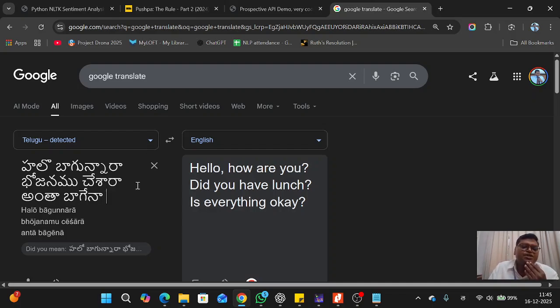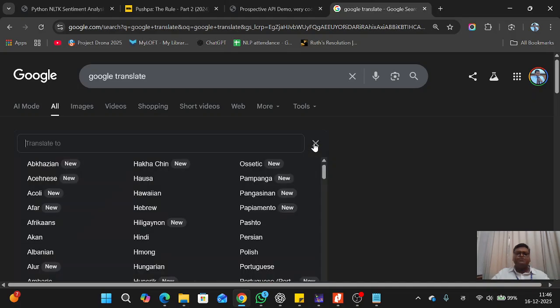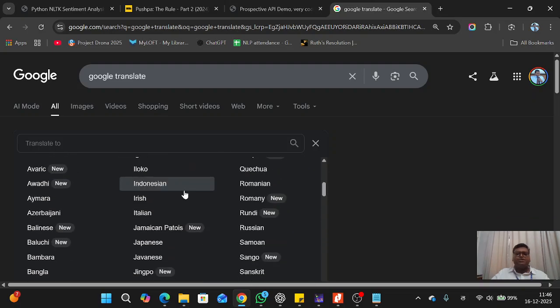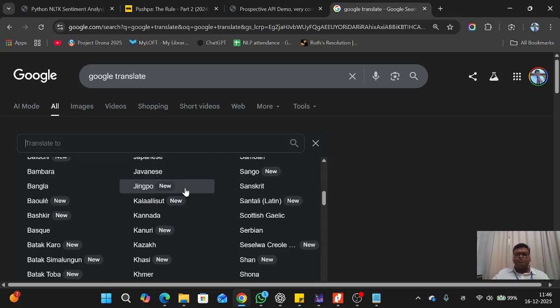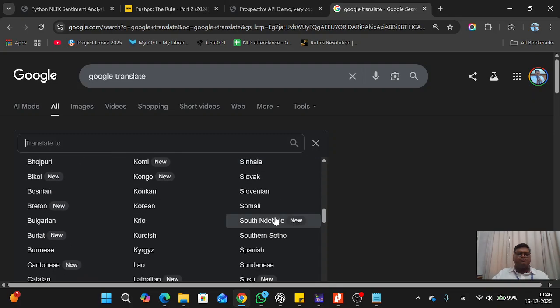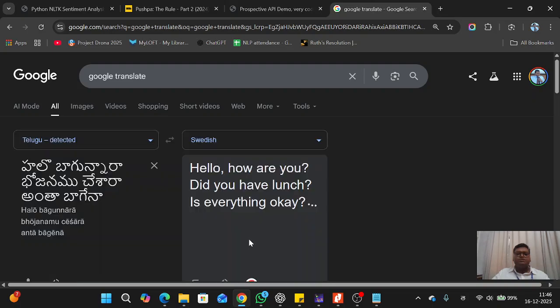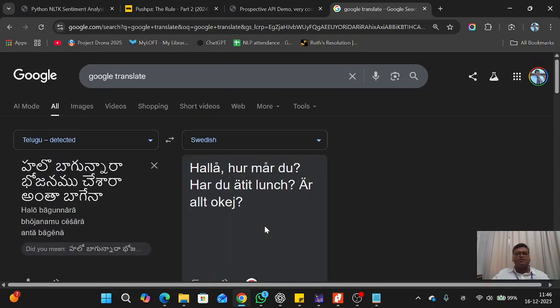So that means earlier, if you wanted to translate from one language to the other, you had to hire language experts who studied the language, grammar, and many things. But now with machine translation, we can do it in a fraction of a second, and that too with different languages. See how many languages you can translate that from Telugu. Even if you go somewhere and you don't know the language, you can converse with machine translation. So different languages, you can convert that into Swedish, and of course we cannot read it, but